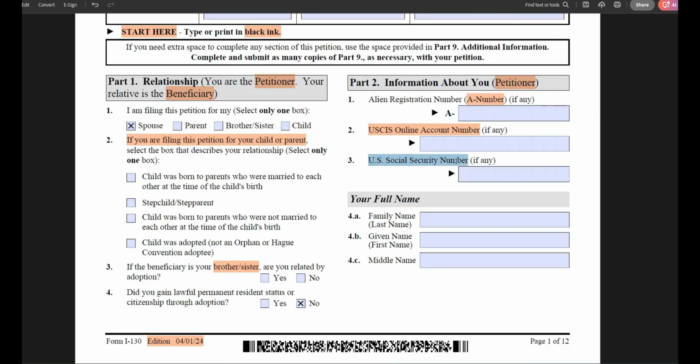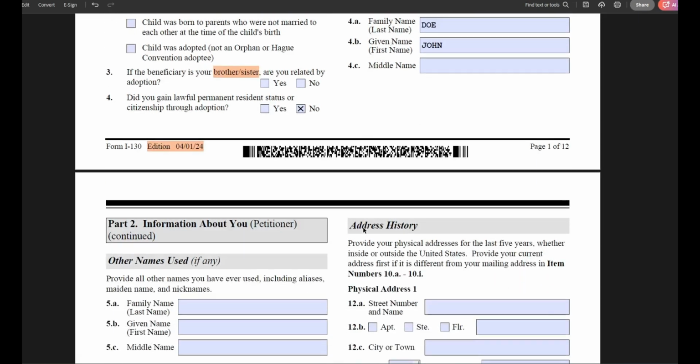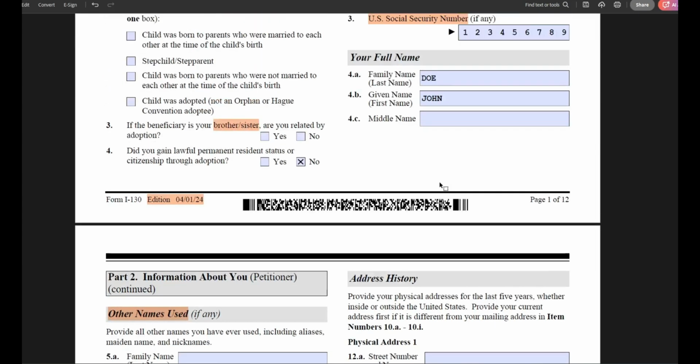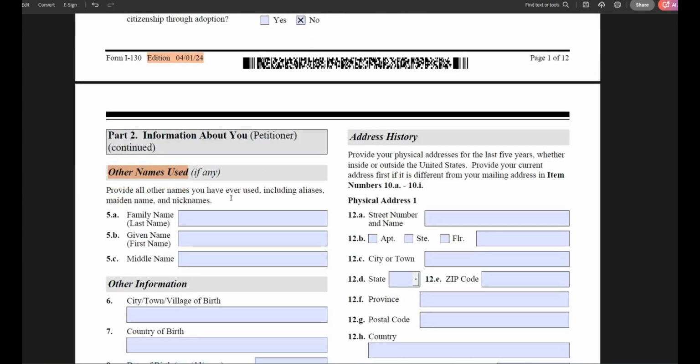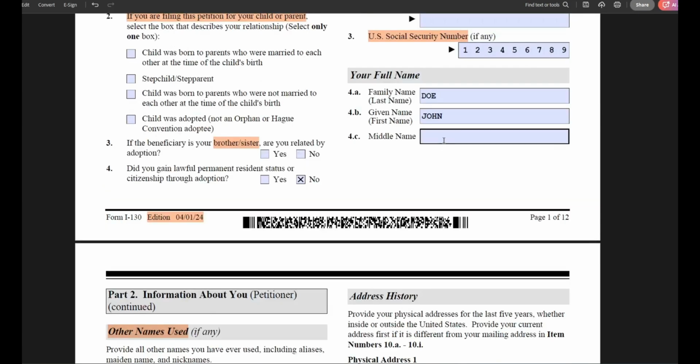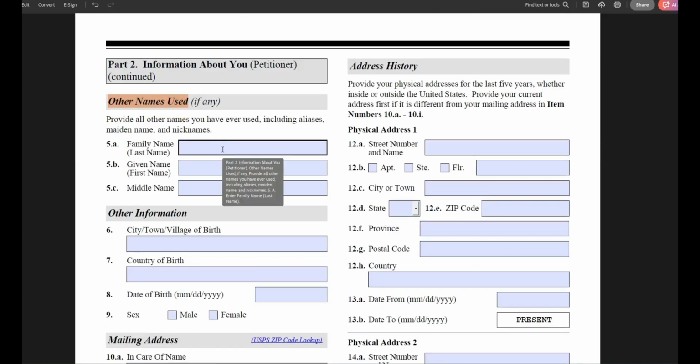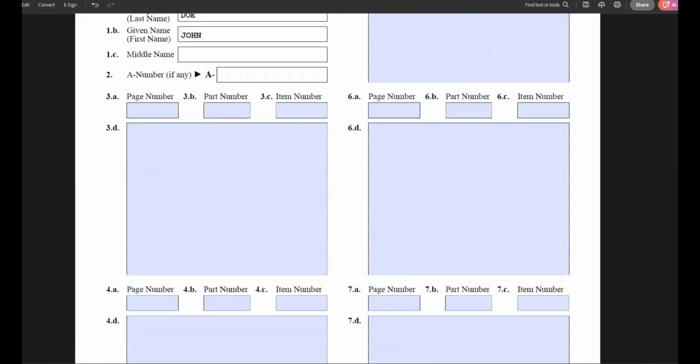And provide your US Social Security number. Next, provide your full name. Moving on to the next page. If you have ever used any other names, you can provide them here. So for instance, if you changed your name during naturalization process, indicate any other name you used here. Maybe if you are a woman and you're filling this out and you had a maiden name, you can also indicate it here. And if you run out of space, you can scroll all the way